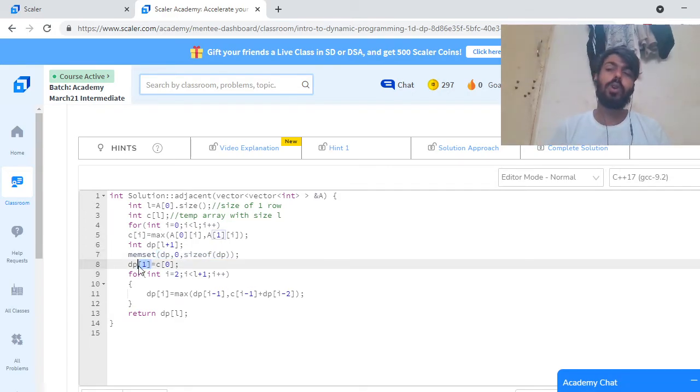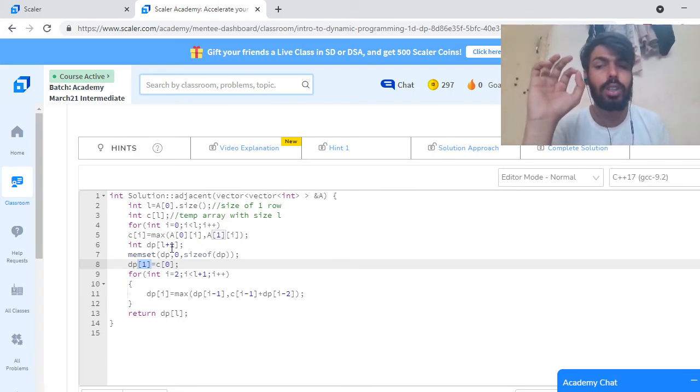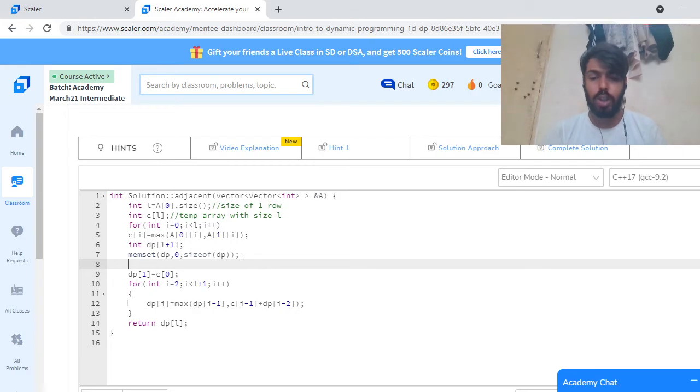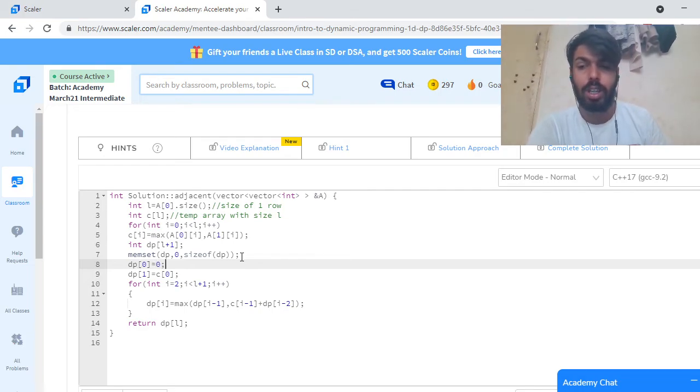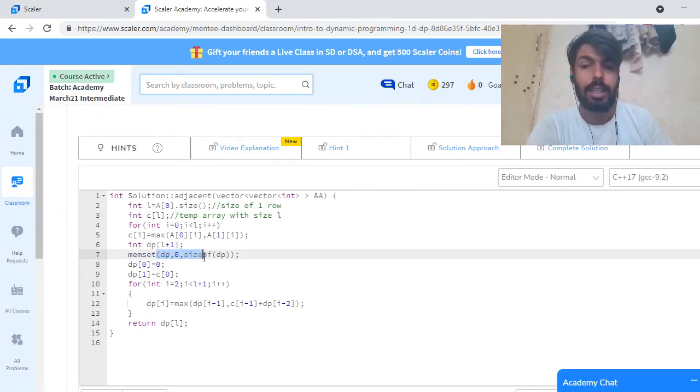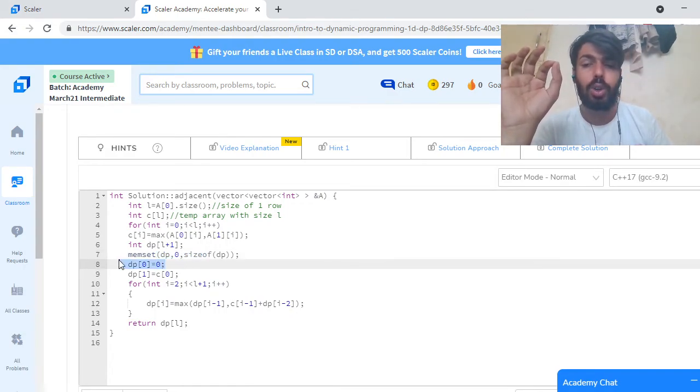Now tell me one thing. If I am selecting only the first element, then what will be our answer? Since indexing is from 0, DP of 0 means if I am selecting no element, then the sum will be 0, but this is already assigned, so for the 0th element I don't need any operation.